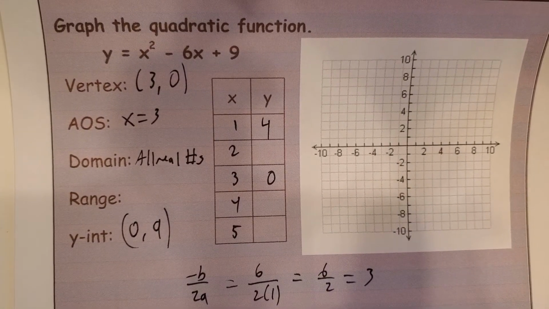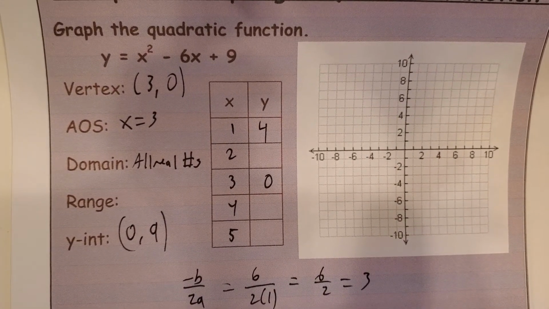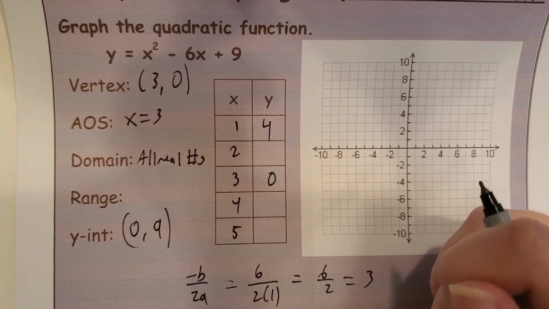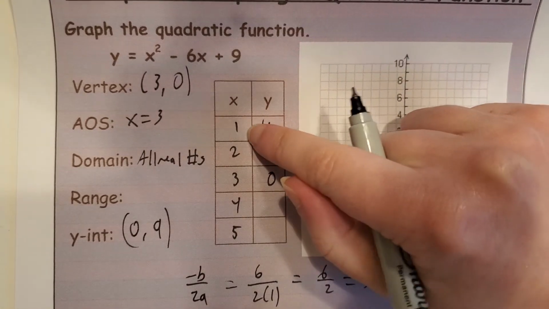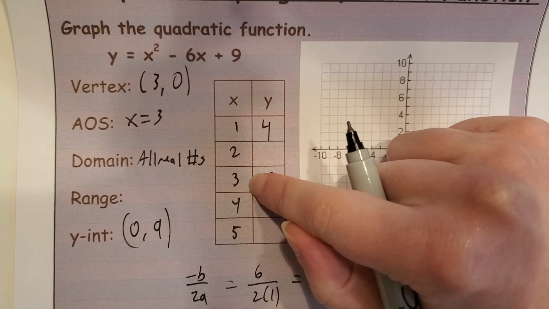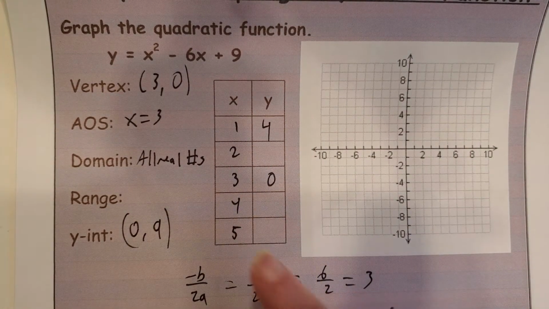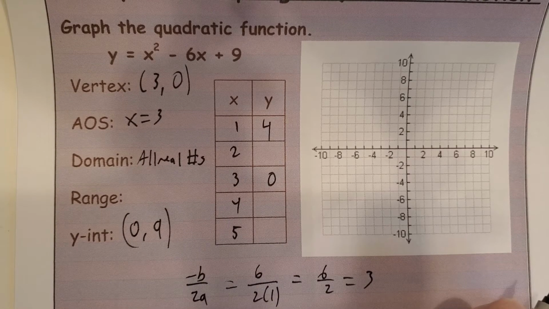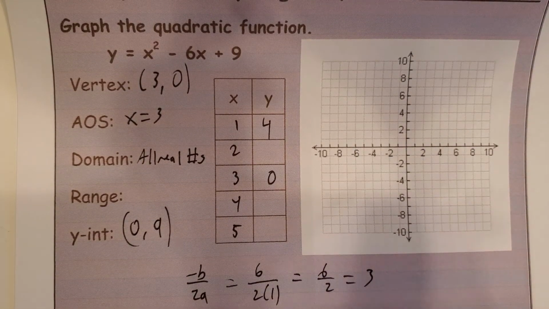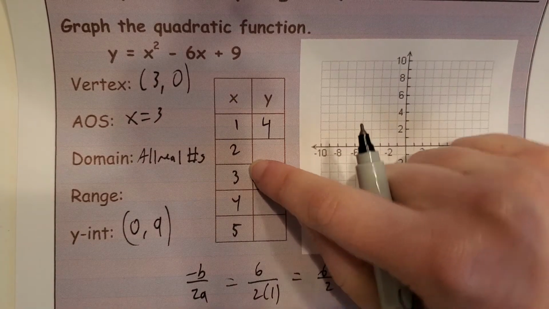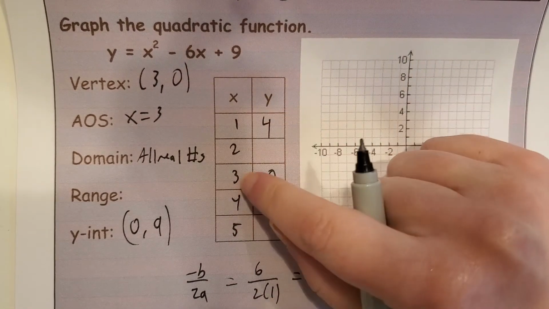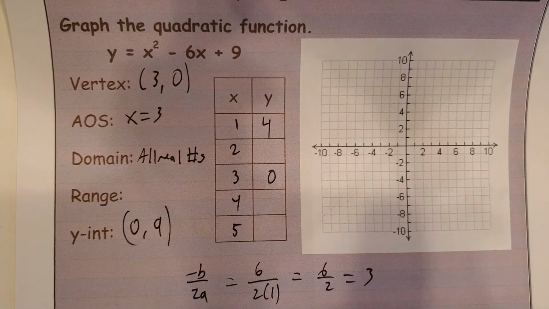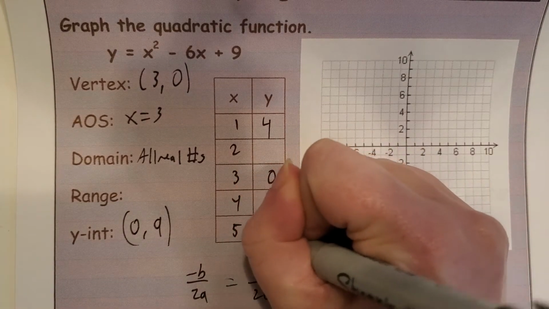But here's the thing, all right? You don't have to do as much work as you think to fill out the rest of this table, okay? Because like I said, parabolas are symmetric. So what that means is, well, 1 is 2 units away from our vertex. It's going to go this way. So if something is symmetric, that means if you go 2 units in the other direction, it should look very similar, even if you're going in the other direction. What that means is, since 1 is 2 units away from 3 this way, the x value that's 2 units away from 3 the other way should have the exact same y value, which means this should be 5, 4